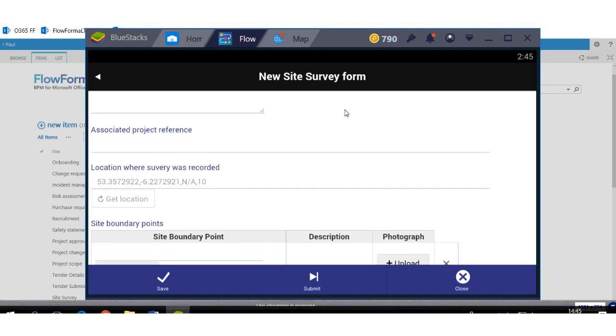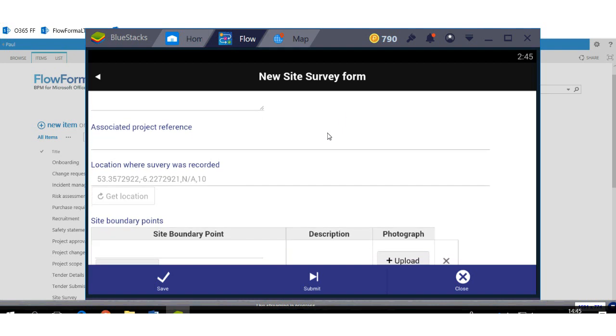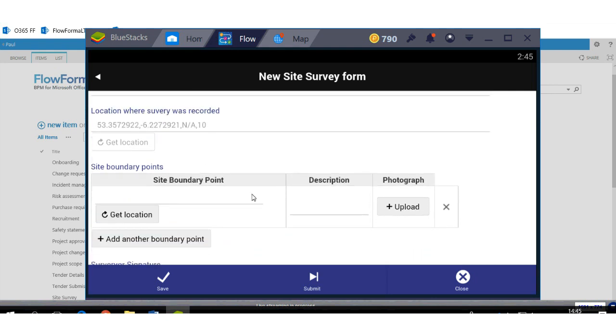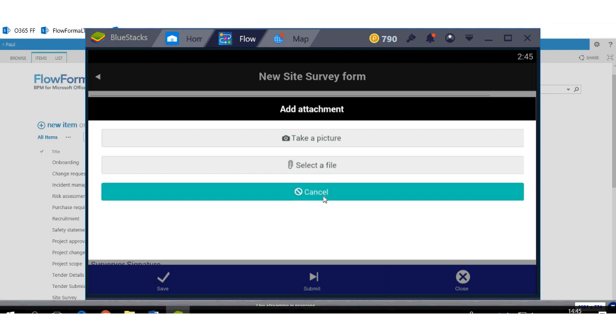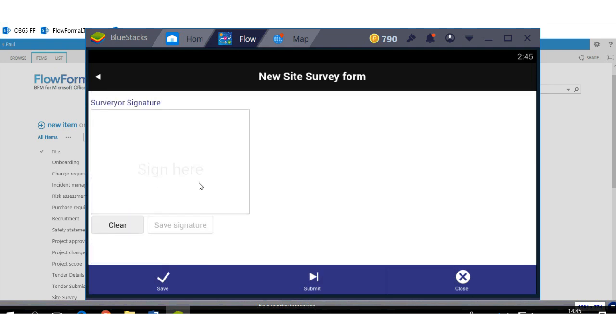And on mobile devices, you can also do things like getting the GPS location. You can also upload things like taking a picture with the mobile device and so on. And you can even apply a wet signature, so you can use your finger to draw on the screen, that kind of thing. So you provide some specific features for mobile. Also, in addition to that,